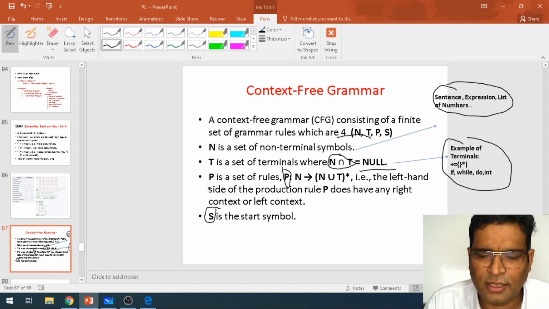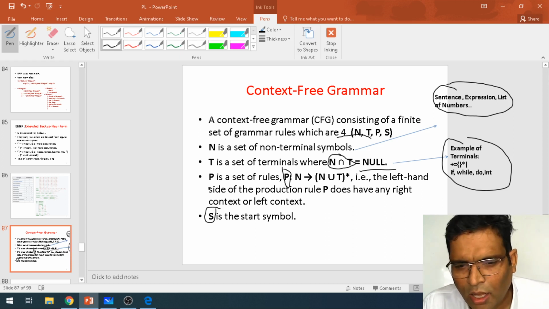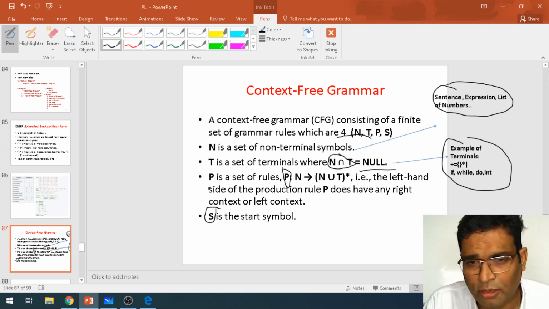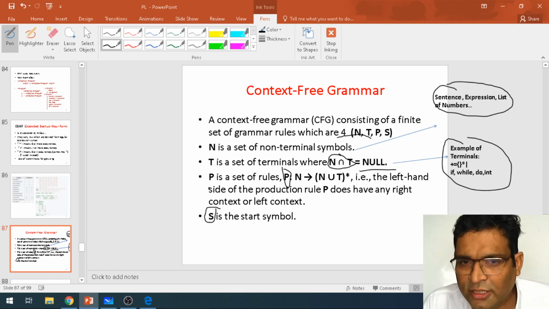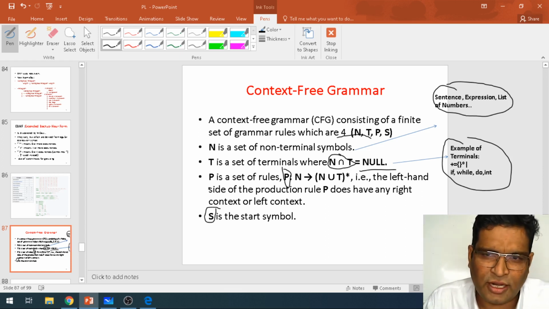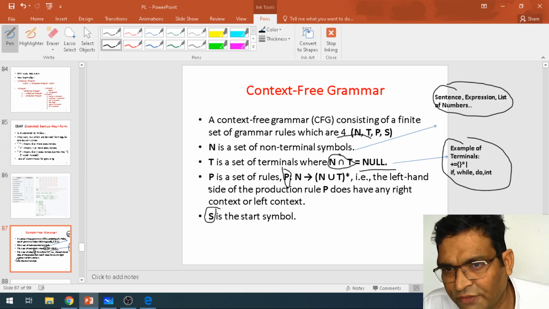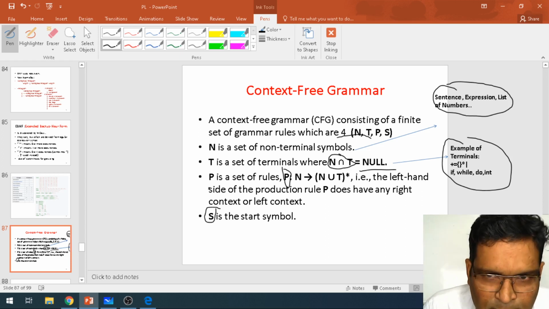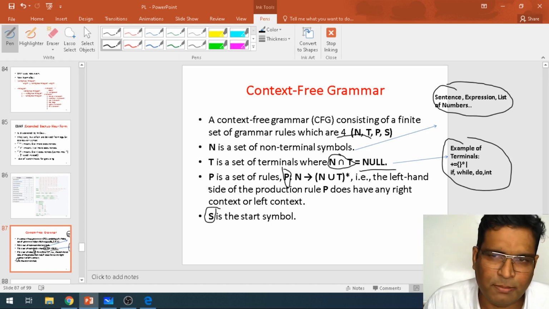Let's take an example: you start from your home, that is your starting point. What are the rules? You are getting into the bus, and there are some rules, such as sitting in the bus or on a bike. What are the terminals? Sorry, what are the non-terminals? The students who are getting into the bus. The terminal is your driver, who is already there. And if the bus is full, then you cannot add more. So these are the rules we apply on a bus.